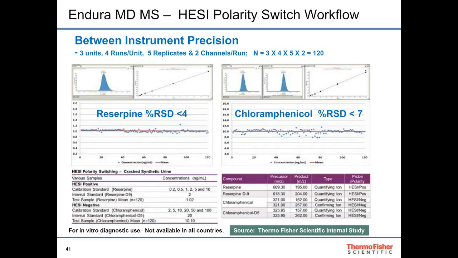Many applications require switching between positive and negative ion SRMs. We tested 3 Endura MD mass spectrometers with HESI probes, each connected to a Prelude MD HPLC by running the LX method for reserpine and chloramphenicol. On each channel of each unit, we ran 4 batches which specified 5 replicate injections of test samples along with calibrators. For reserpine, we monitor positive ion transitions that are shown here,